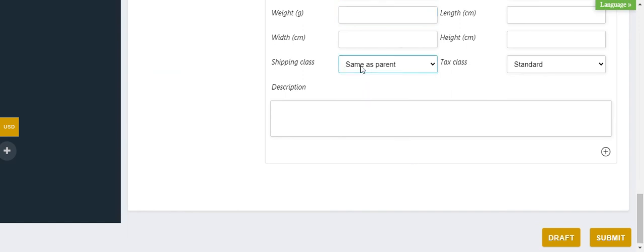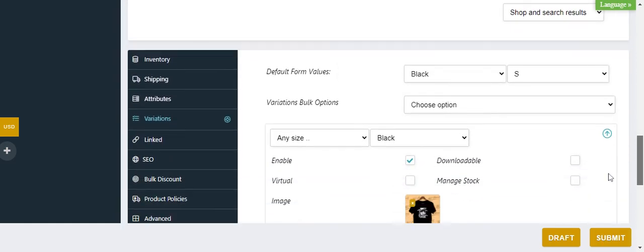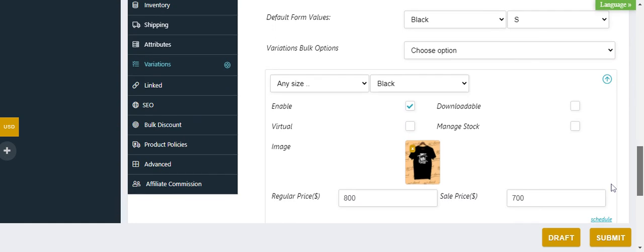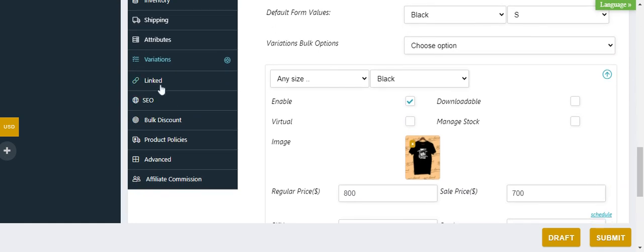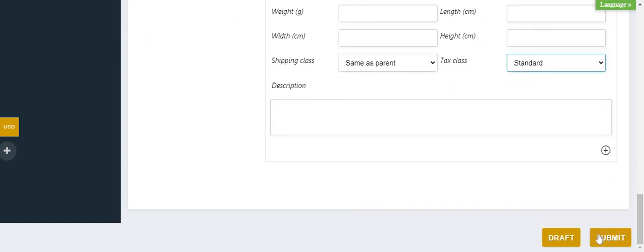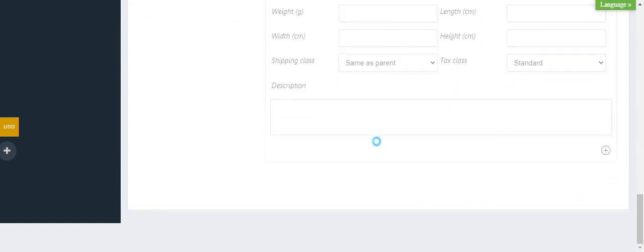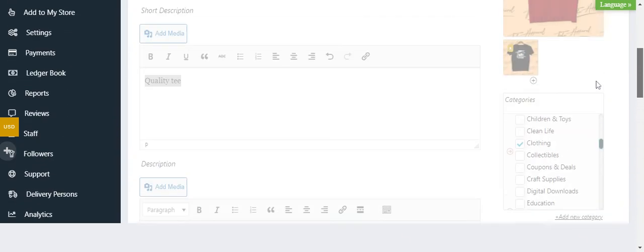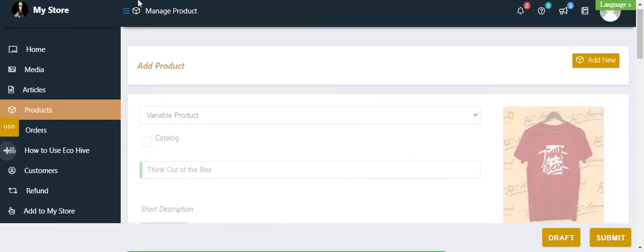We can use the shipping class, if you want to use it, and then the tax, if you want to set it. Once you do that, you've managed to do the variations. So basically that's it for variable products. So thank you very much for